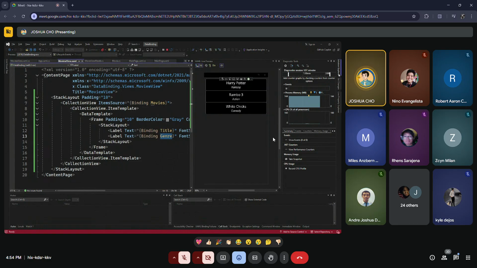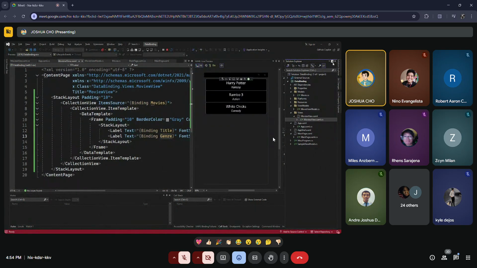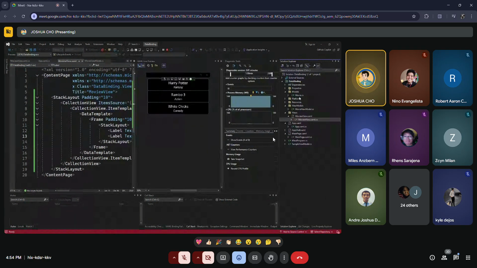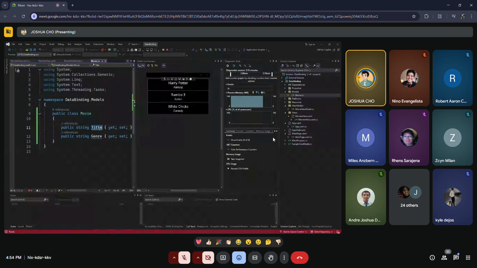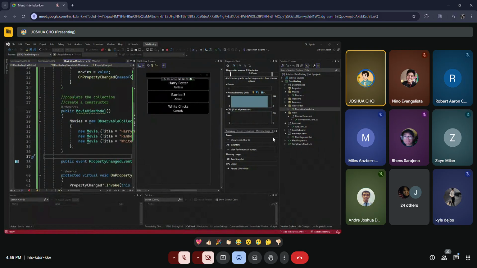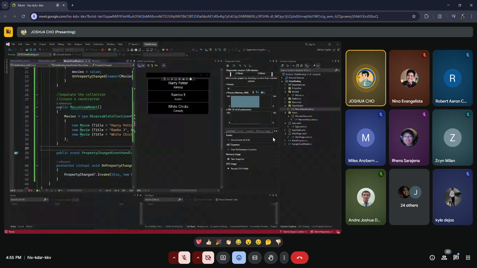So it should be like this one. The model should be the task, no? So in the properties of the task, put the title and the description. Then in the view model, create a view model also, but no need for this one. We won't prepopulate the collection because we are the ones adding to the collection.